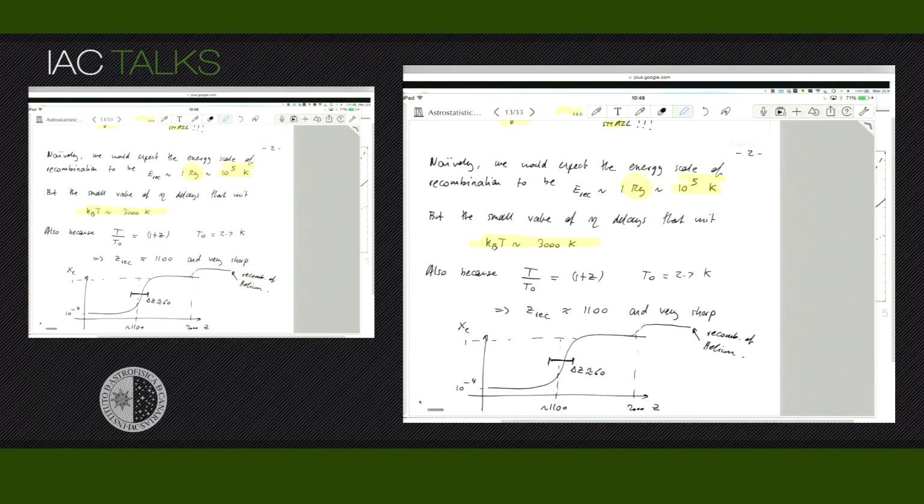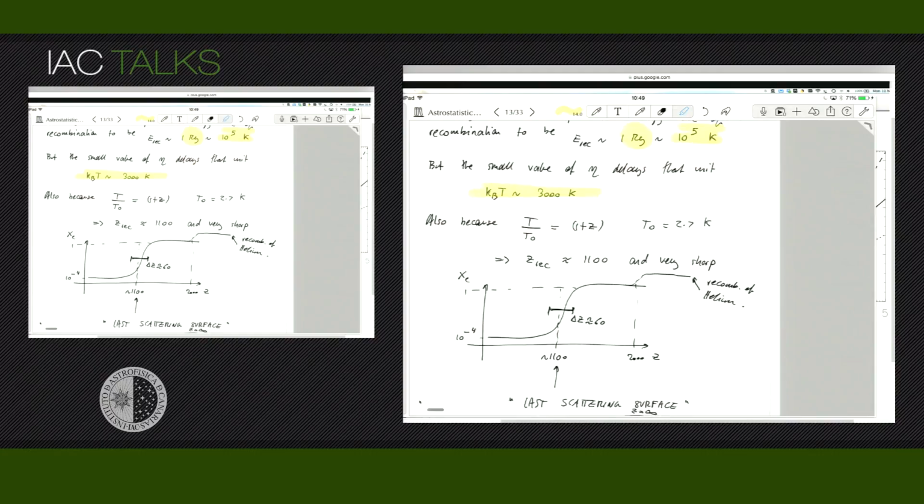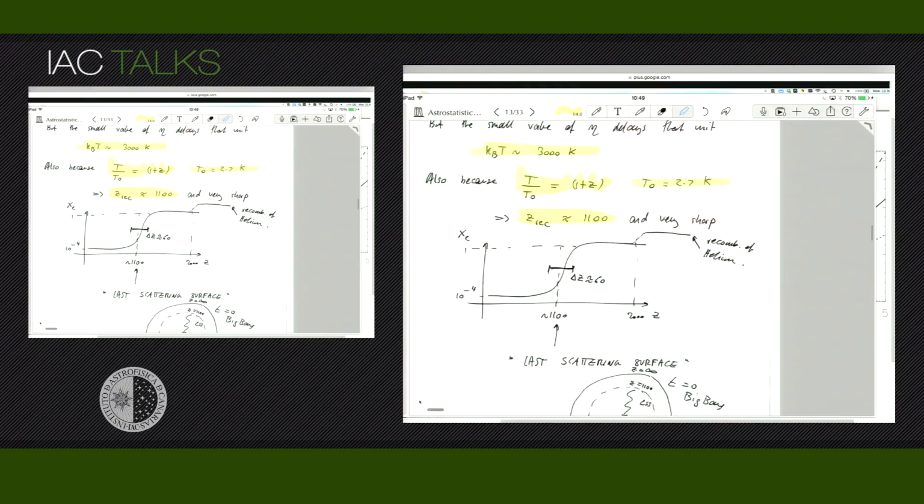So recombination of the universe happens at a redshift of about 1000 or 1100. That's because the temperature of the universe scales as 1 plus z. The temperature of the CMB today is 2.7, and so to get to a temperature of 3000, you have to have z of order 1100. That's the temperature of the recombination energy. So there are two important things: recombination happens at 1100, and recombination is effectively